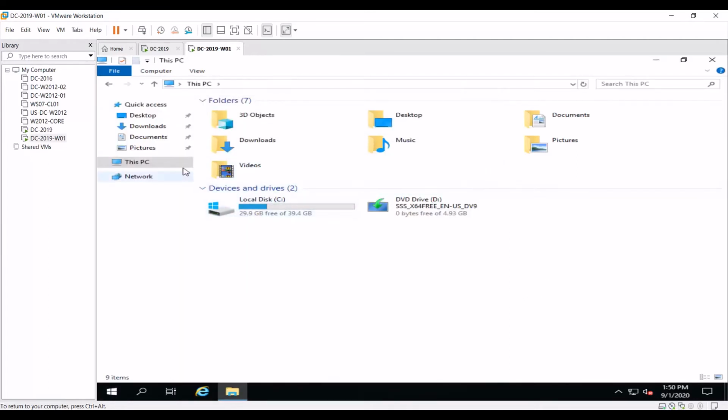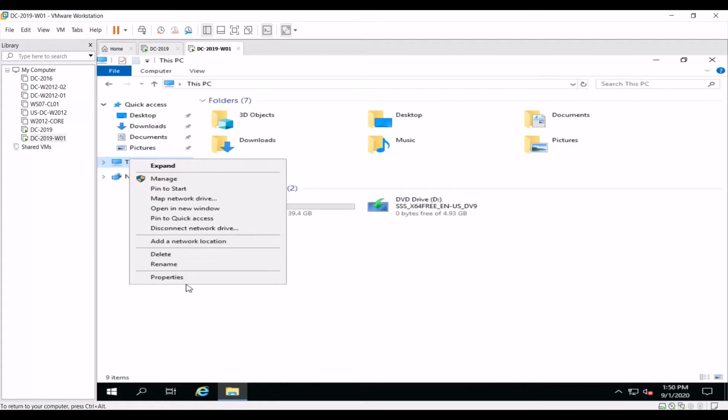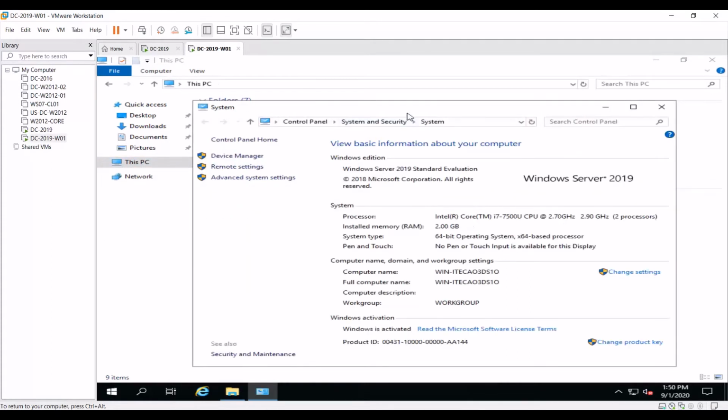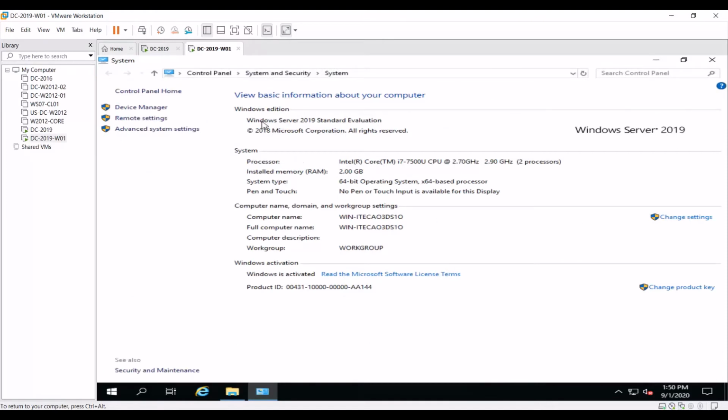Let's go to the properties. Here you can see the server edition with the configuration we have provided, the two processors and the installed RAM. Okay, so we have completed the Windows Server 2019 installation.